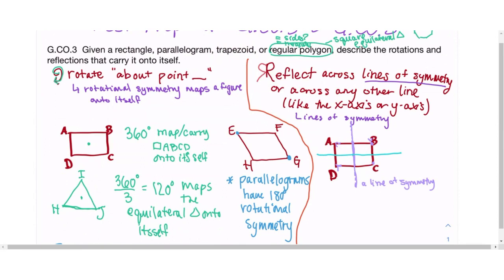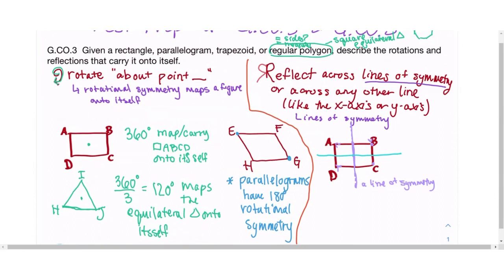But now look at this, the parallelogram. Is there a way that I can fold this parallelogram where it would... I can't grab it all like that. Hold on. No, I can't do that. Okay, is there a way that I could have a parallelogram and have lines of symmetry with a parallelogram? Is there a way that I can fold this parallelogram where all the corners are going to line up? And this is kind of what makes the big difference between people who can see geometry in their head and people who can't. If I had this parallelogram,